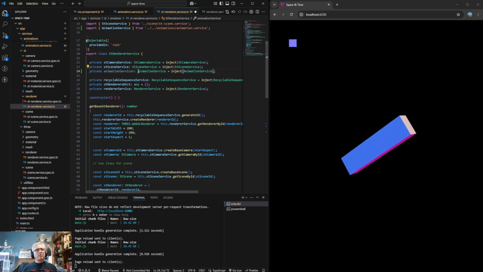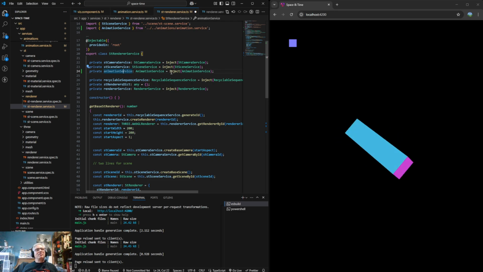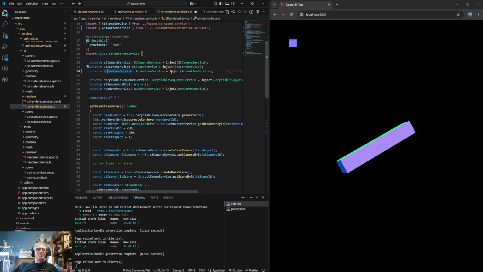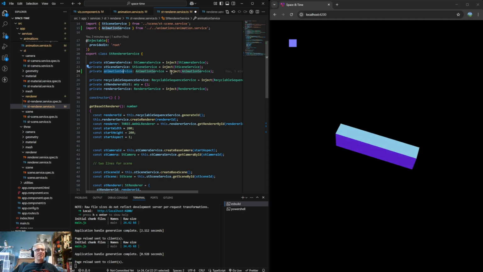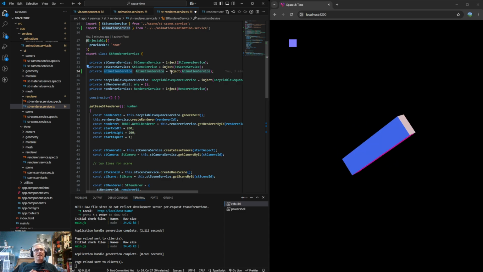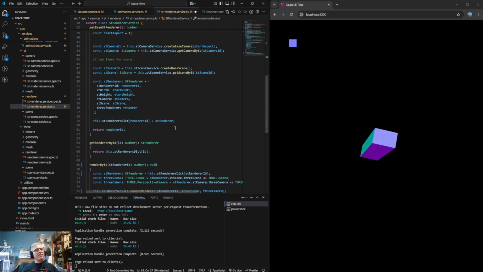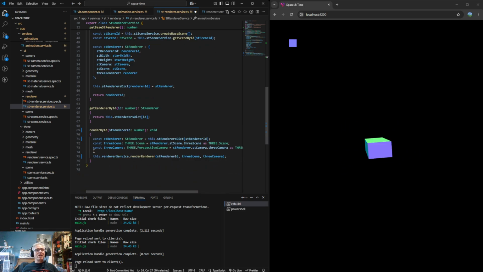All right, so now we do not want to call it animation servicer, but that is actually scene servicer, ST camera servicer. That probably would have been cool if that had become a standard in the beginning, to add the R to everything, so then you know that that's just a further thing to indicate that it's implementation, not an actual instance, not a description of it. So anyway, so now